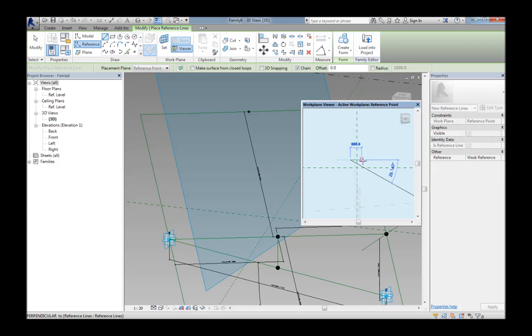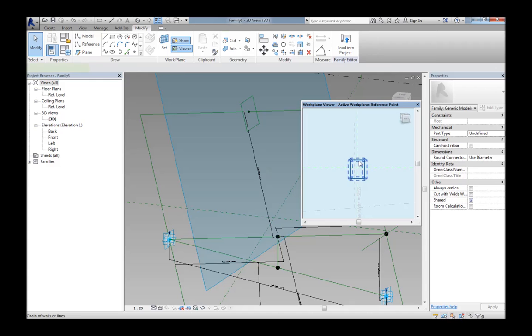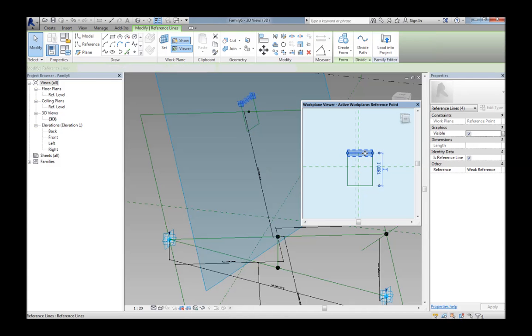We want to draw that, and that'll give us the profile we need to sweep the member and create the overall profile that you need. So just adjust it so it has real world dimensions,